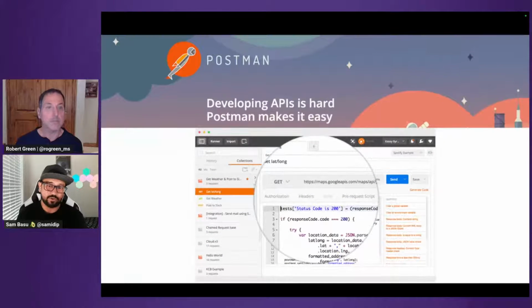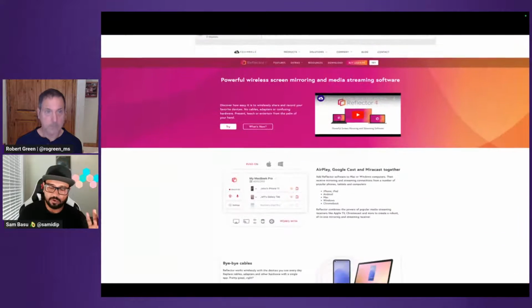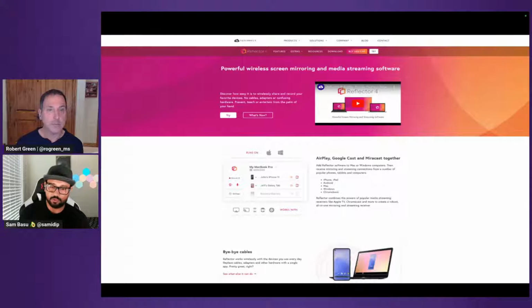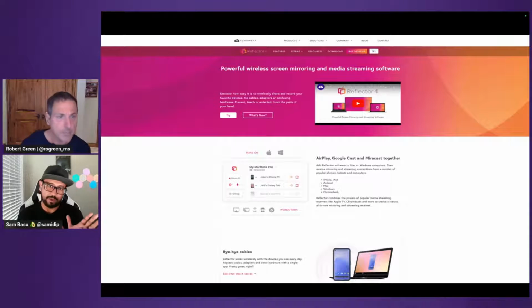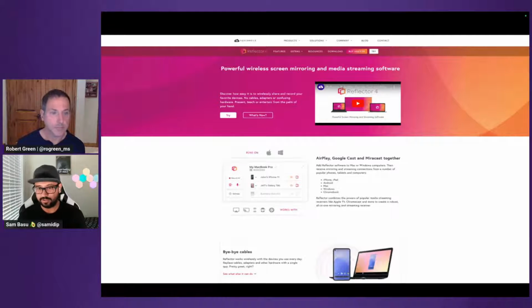Postman is also great for APIs. If you are consuming APIs, if you want to fake something, then these are all great tools. Often, when you're building mobile apps, you want to show off your proof of concept to your customers, or maybe you're on a stage and you are showing off your phone with your app running on a bigger screen. So how do you do that? Again, lots of choices here. These are some of my favorite ones. So that's what I'm mentioning here.